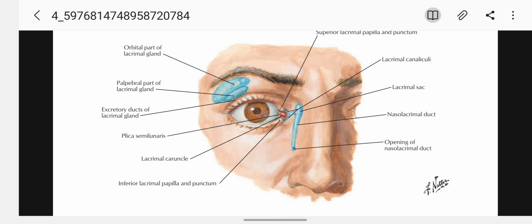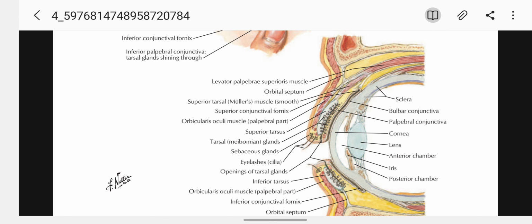The lacrimal fluid secreted by the lacrimal gland flows into the conjunctival sac. It lubricates the front of the eyes and the deep surface of the eyelid. When we blink, the periodic blinking helps to spread the fluid over the eye, and most of the fluid evaporates. The rest is drained by the lacrimal canaliculi. When these tears are excessive, they flow as tears.